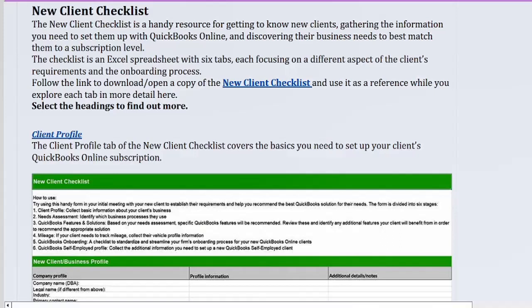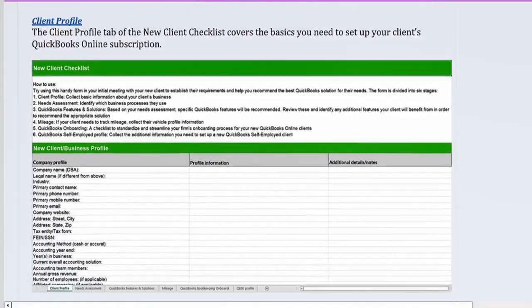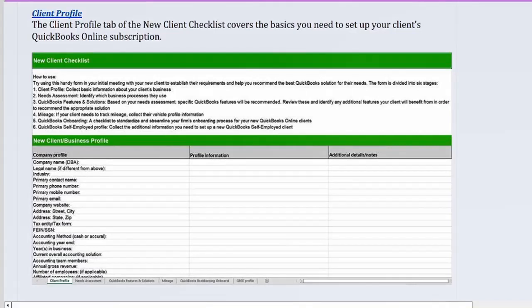Select the headings to find out more. Client Profile. The Client Profile tab of the new client checklist covers the basics you need to set up your client's QuickBooks